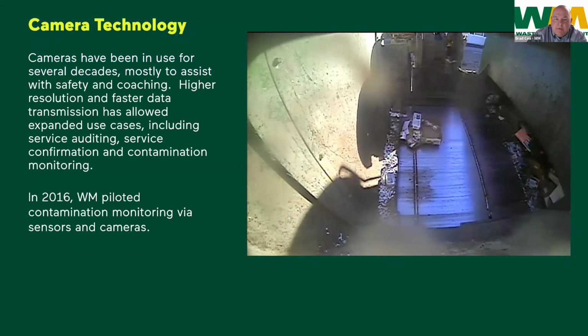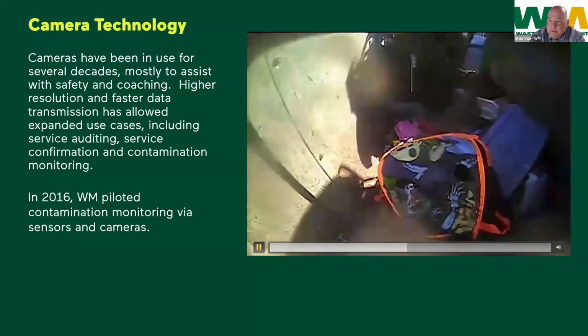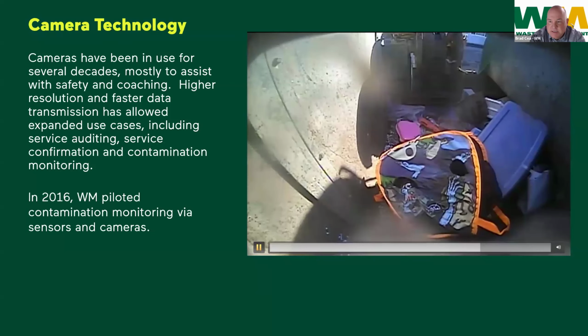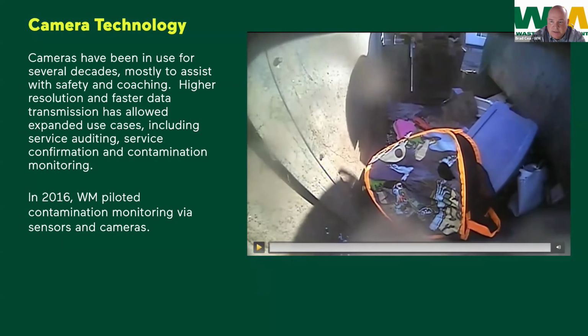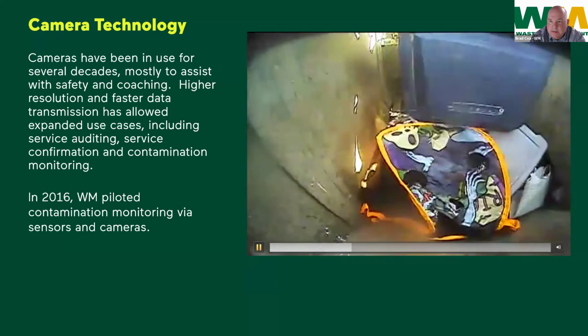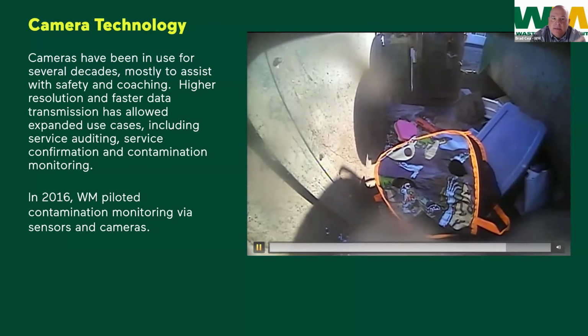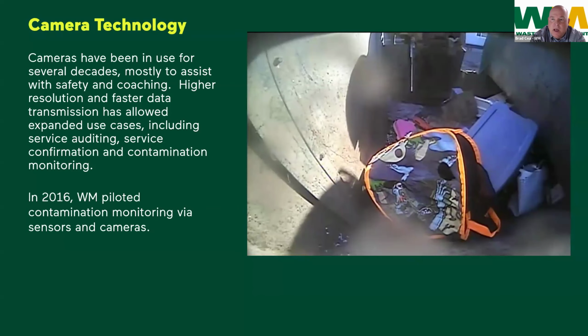And so whoever's driving, if you could just go ahead and click on the play button for the video. So this is our solution. As you see, this is actually a City of Ridgecrest residential customer. We are only getting the contents of the hopper, and we're only getting the contents once it drops into the hopper. So from a privacy concern or any of the other concerns that were brought up, this was our way to really avoid that. In this particular instance, this is a recycling container for this residential customer.